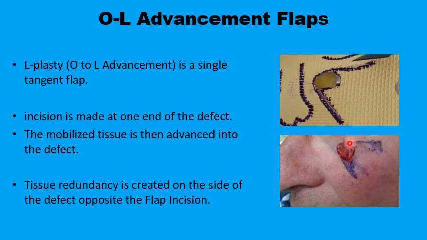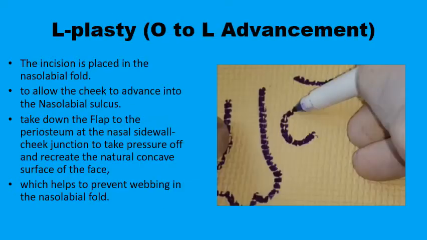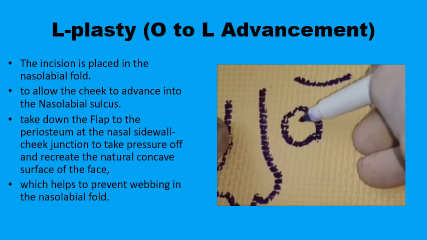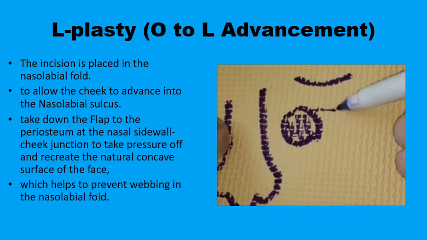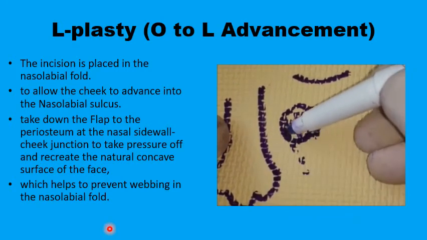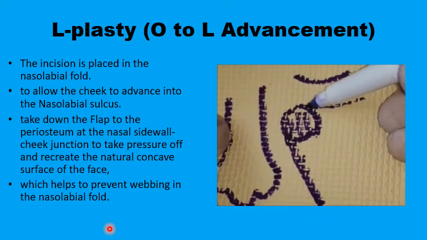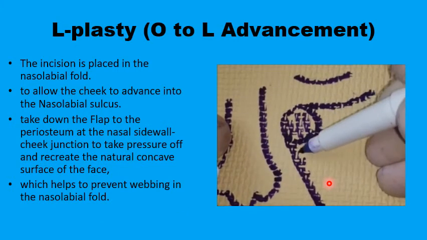You have a wide base to supply the length of the flap after mobilization, and you can also consider where to have your Burrow's triangle in order to remove any excess or redundant tissue. And in this example, you can have the Burrow's triangle on the lower incision rather than the upper incision. So here is the circular defect, and this is the upper incision parallel to the lower eyelid and the lower incision parallel to the nasolabial fold,